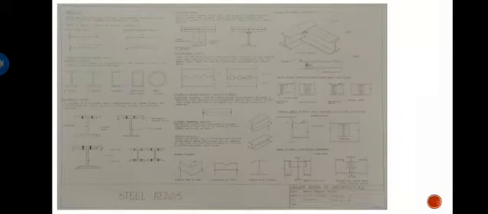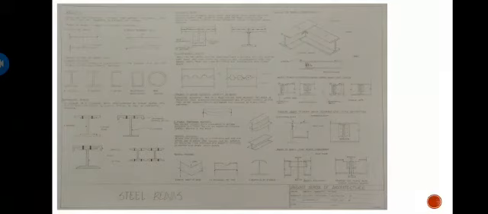Beam to beam connections. This is a diagram of beam to beam connection using a framing angle. Next is beam to beam connection using a double angle web cleat. As we can see in the diagram, there is a supporting beam, a single cope and a supported beam. This is a beam to beam connection using double angle web cleats.